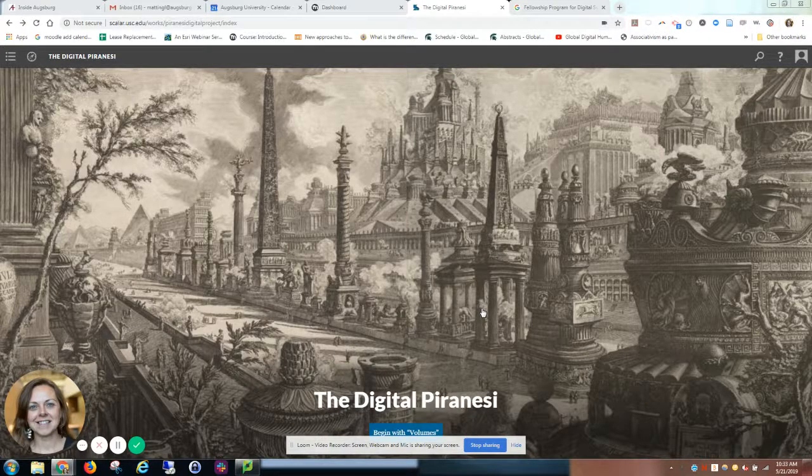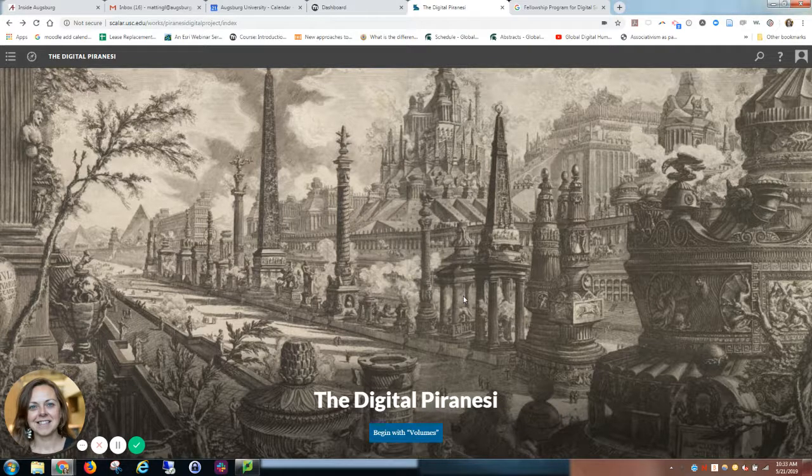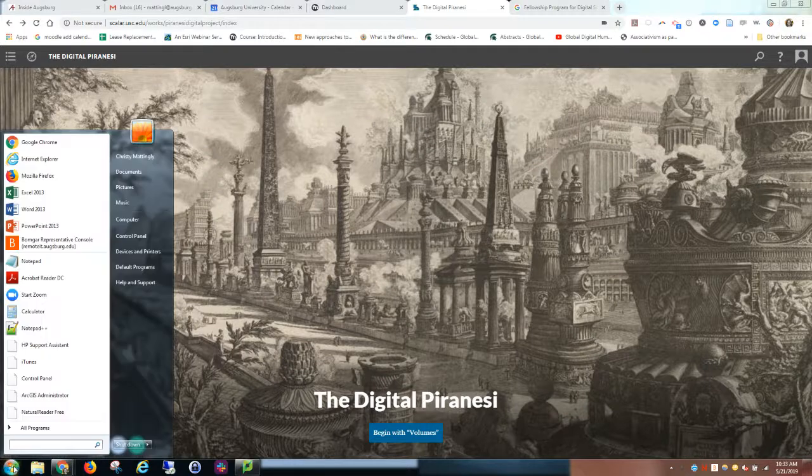So I'm creating a recording using a program called Loom. Loom is a free add-in extension for Chrome. And I'm actually using a different program to show you how to make a recording with Zoom. So once you've installed Zoom on your computer, from the Start menu or your Applications menu on a Mac, applications